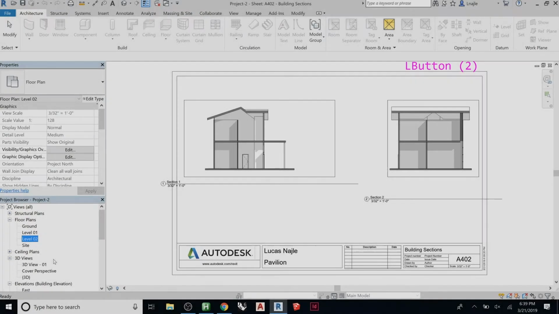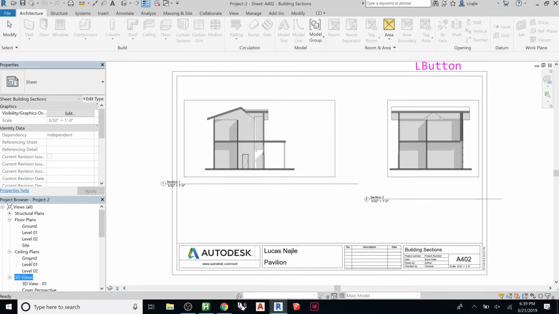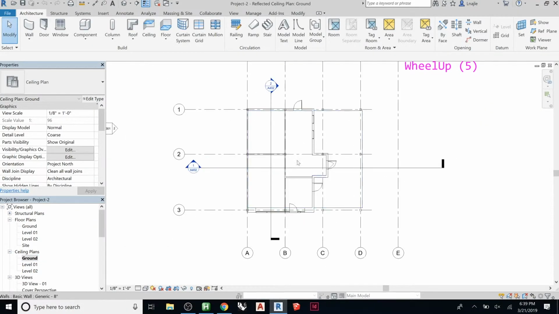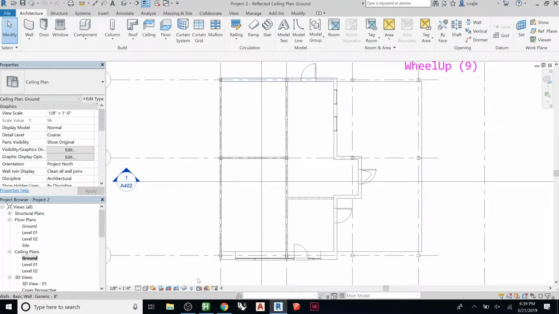What I want to start looking at is adding some detail to the ceilings. So if I start off by going to the ground floor or level 1, this is what my ceiling plan looks like right now. There's not really anything in there because there's no ceilings. So if we look at a section,